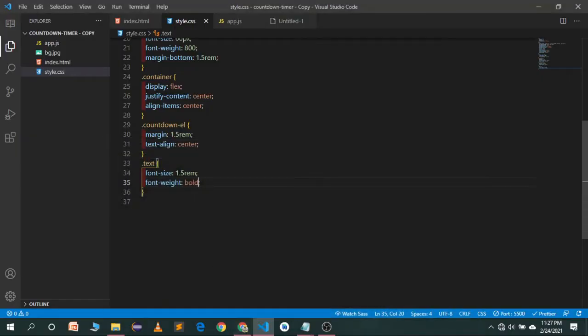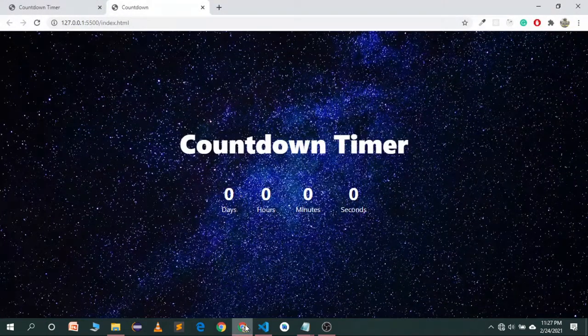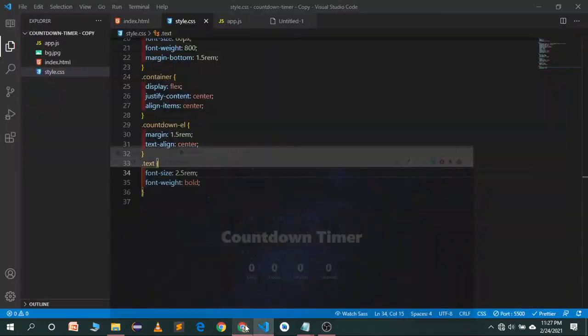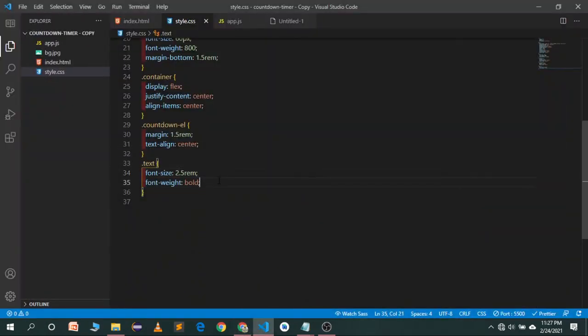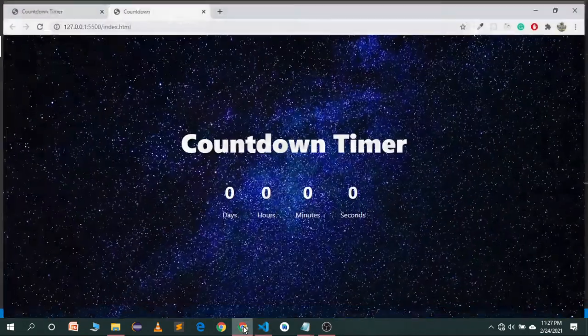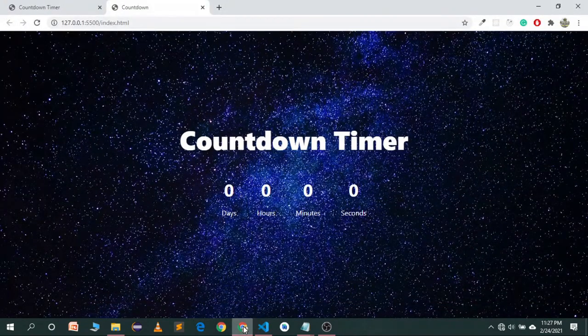Just increase the size from 1.5 rem to 2.5 rem. Now it's looking good. Just give it a margin bottom of, I think, 1 rem will be good. Now it's looking good. So the front end part, or we can say HTML CSS part, is built.